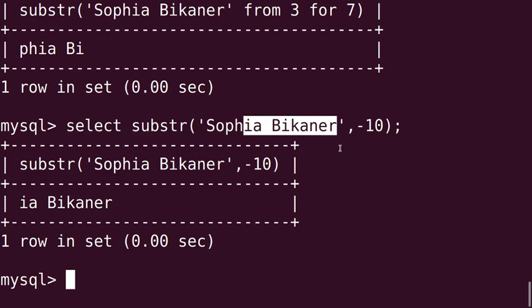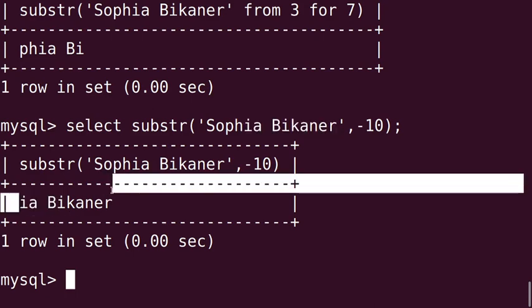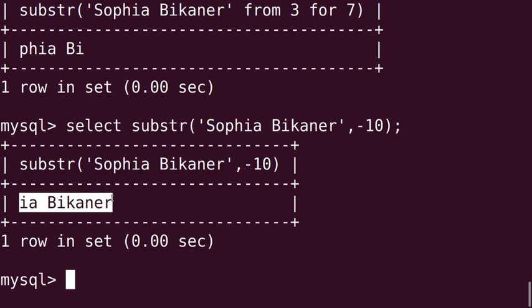Is it okay, girls? -10 means from here you will start: R, then E, then N, then A, then K, I, B, space, A, I. So from here you have to print all the rest of the string, that is IA Bikaner, you are getting in the output. Clear? Now next,